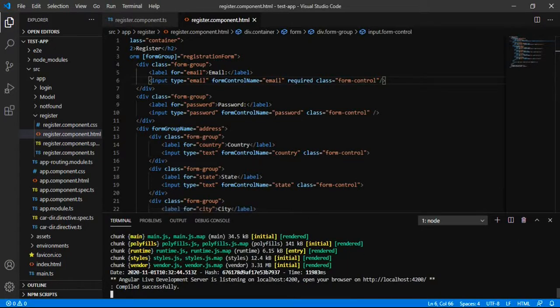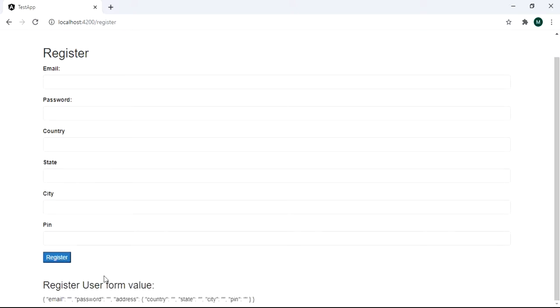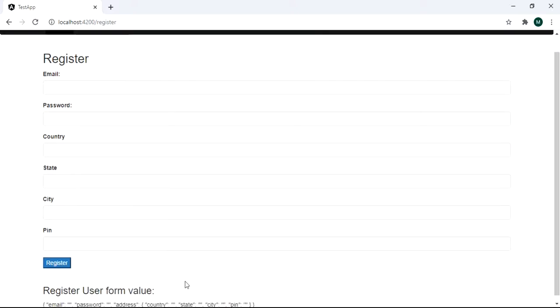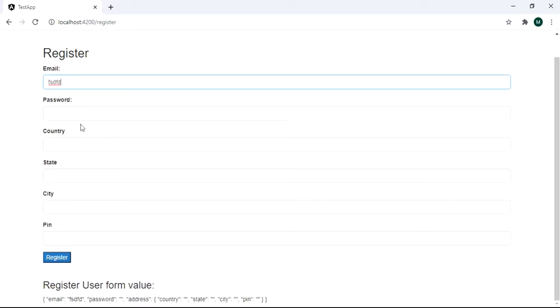So now let us open the browser. This is the form that we have created, and we have also printed the values on the HTML page. Whatever value I am giving here, it is getting bound.